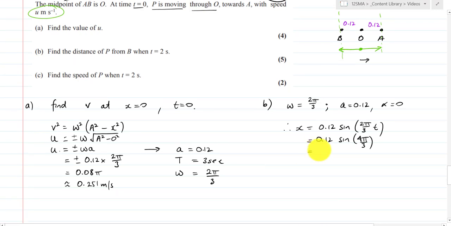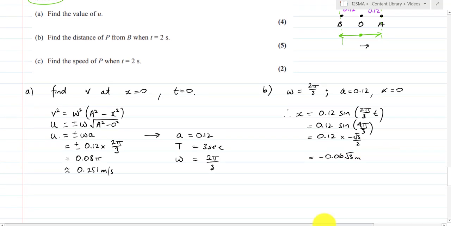So it's 0.12 times negative root 3 on 2, which is something crazy, but we can write that down as negative 0.06 root 3, and this is from the initial point,